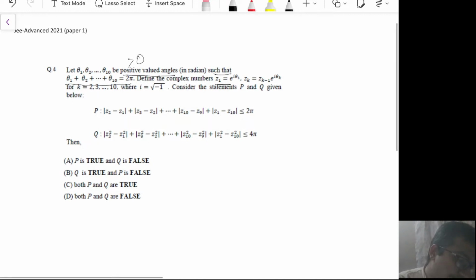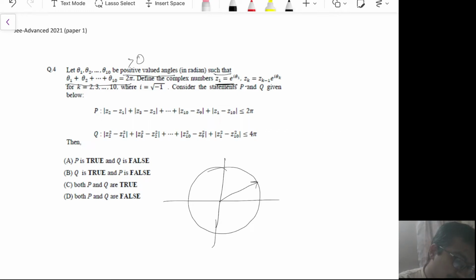Next, we define complex number z1 as e to the power iota theta 1. So z1 has unit magnitude and it lies somewhere on this complex circle. Then for k equals 2, 3 up to 10, I have zk equals zk minus 1 times e to the power iota theta k. So basically z2 is e to the power iota theta 2 times z1, z3 is e to the power iota theta 3 times z2, and so on up until z10,